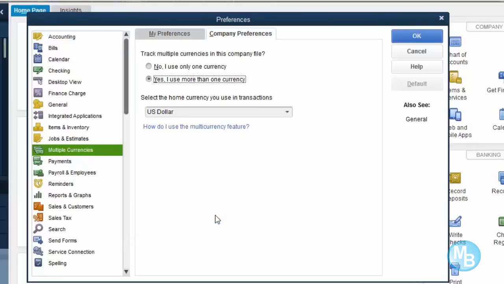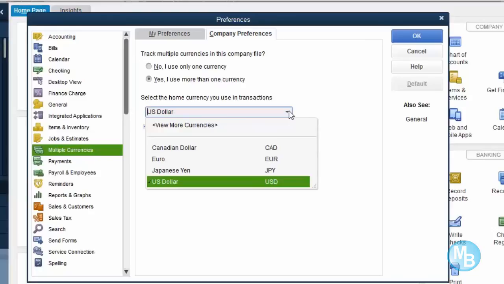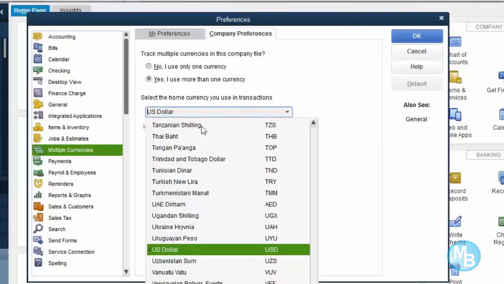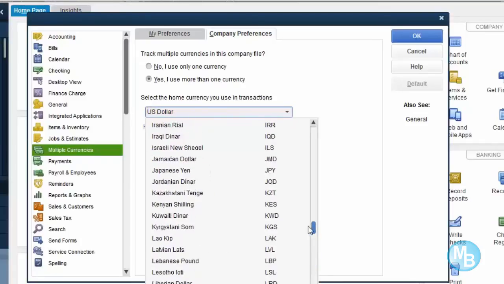and we're going to choose our home currency. Basically you will only see 4 currencies when you initially select the drop down menu. However, if you select view more currencies, you will see a long list which should include Jamaican dollar. So we're going to look for Jamaican dollar, and you can also just type it and it will come up. So select Jamaican dollar,